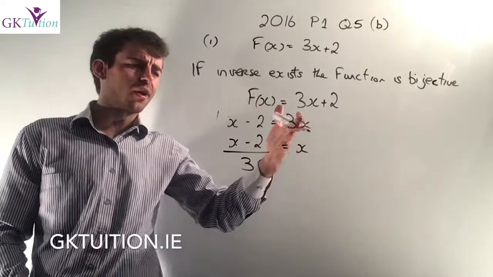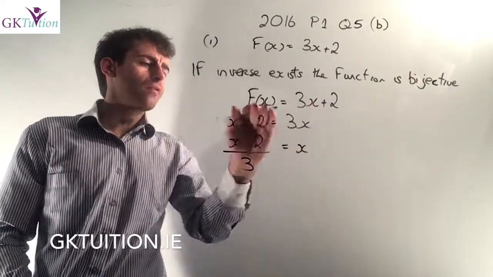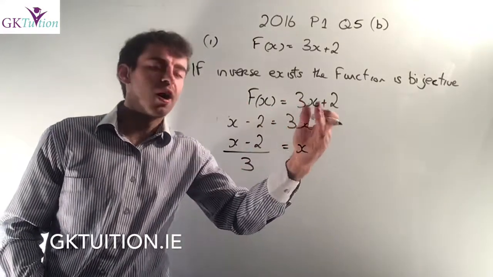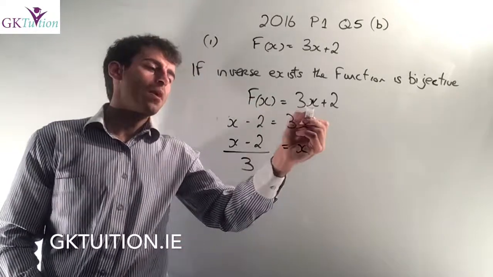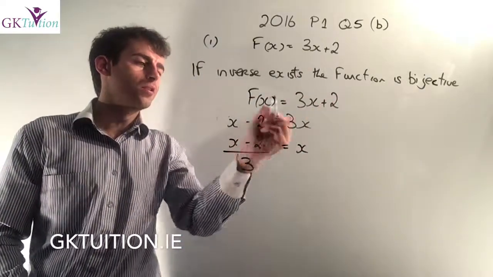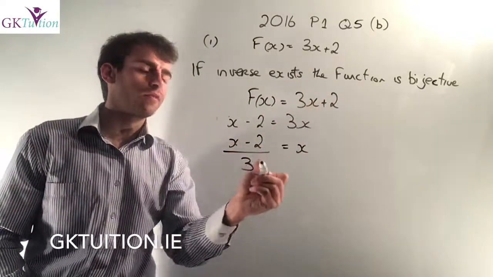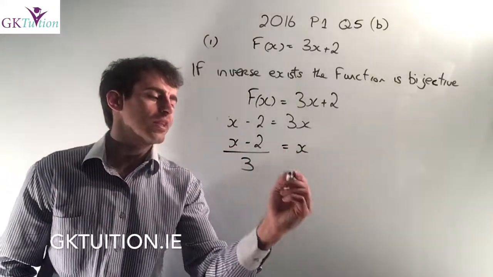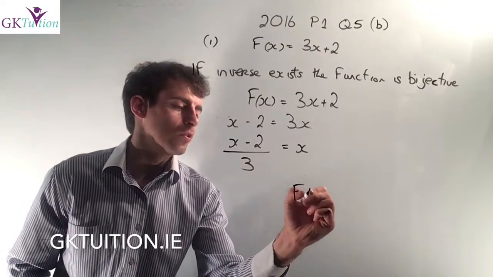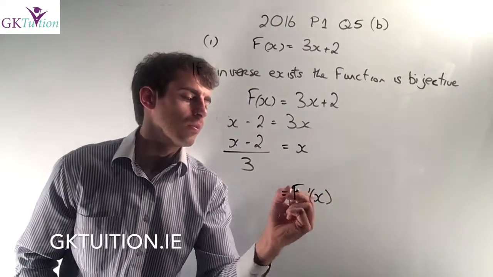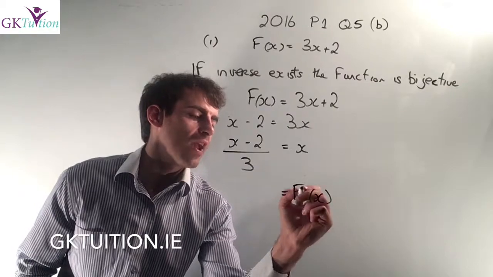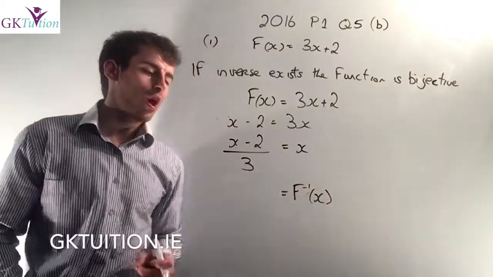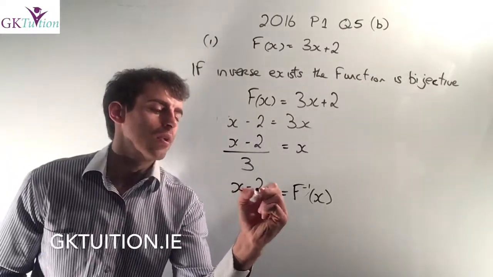So all I've done there is treat the left hand side here as if this was an x, and I'm trying to isolate the x on the right hand side. So rather than having a plus 2, I now have a minus 2. Rather than multiplying by 3 on the right, I'm dividing by 3 on the left. And the last thing you should write is, rather than writing this as an x, this is now the inverse function, or the opposite of what I started with, which is f, so it's f to the power of minus 1. So the inverse function is f to the power of minus 1 of x is x minus 2